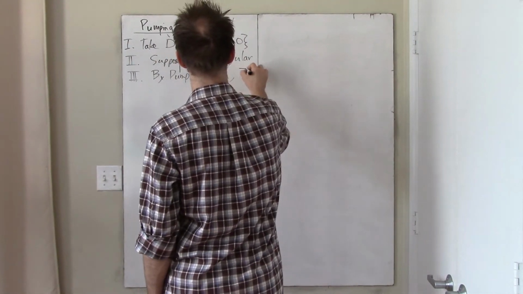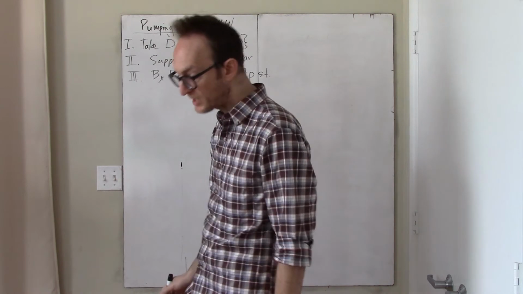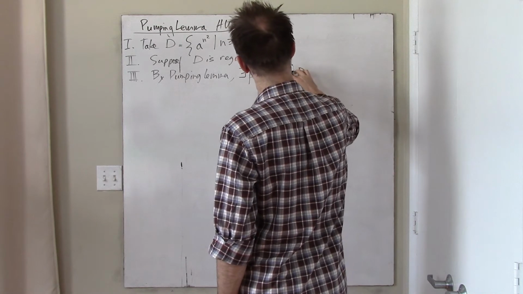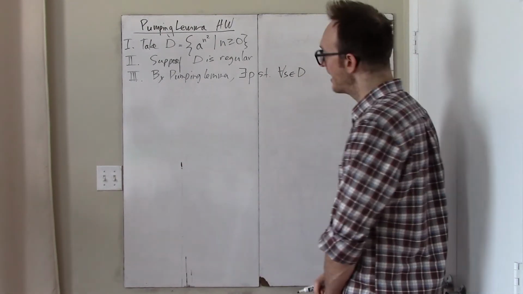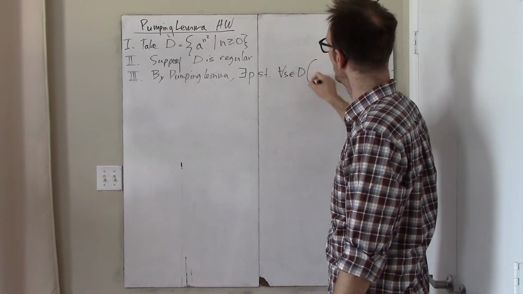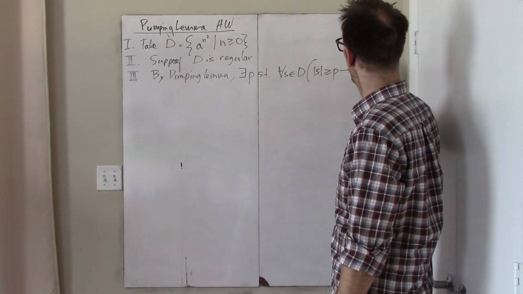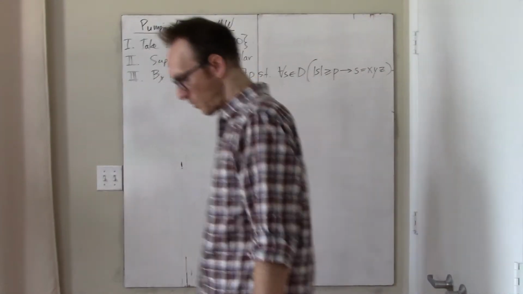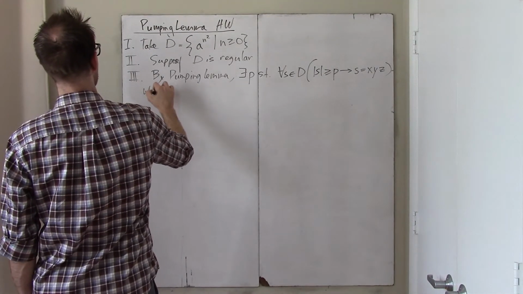there exists some P, the pumping length, such that for all S in D, I guess I'm not 100% regurgitating the pumping lemma because I'm applying it to my particular language, D. Anyway, on the assumption that D is regular, by the pumping lemma there exists a P such that for all strings in D, if the length of that string is greater than or equal to P, then that string can be partitioned into 3 substrings, X, Y, and Z, that satisfy the conditions of the pumping lemma, which